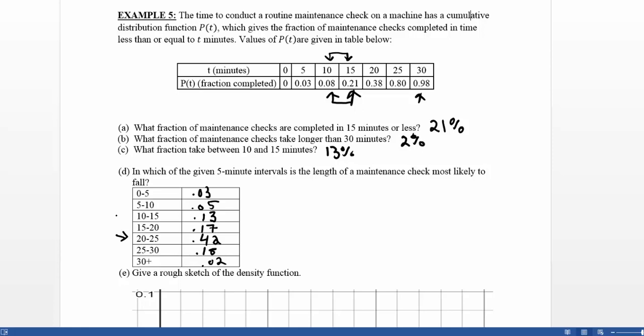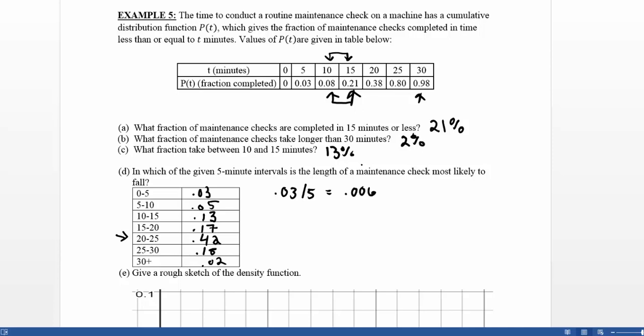And the work we did in part D is going to be really helpful because I know that the area that I need to represent on my density function from time 0 to time 5 is 0.03. However, that doesn't mean that the height of my bar graph will go up to 0.03. Instead, I need to take that area and divide by the length of the interval to get the height. We did this in the last section a little bit. So here, from time 0 to time 5, if I take 0.03 and I divide by 5, I'm going to get